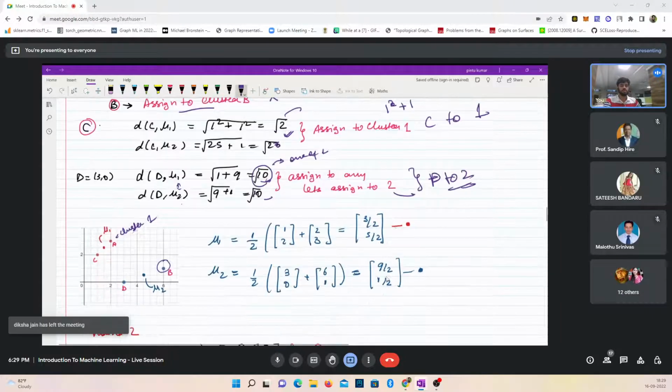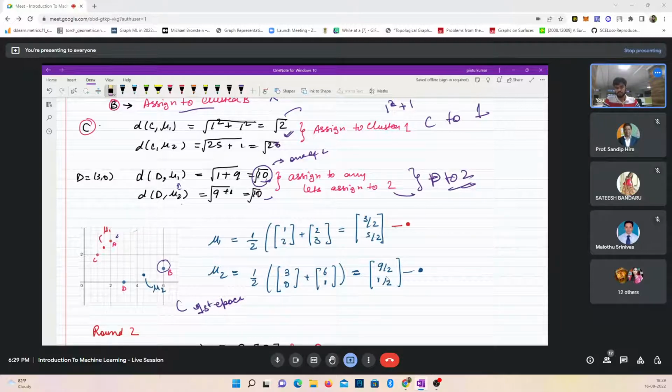Okay. So this is my first epoch. After one run of this algorithm, I have got this clustering that C and A are from your first,